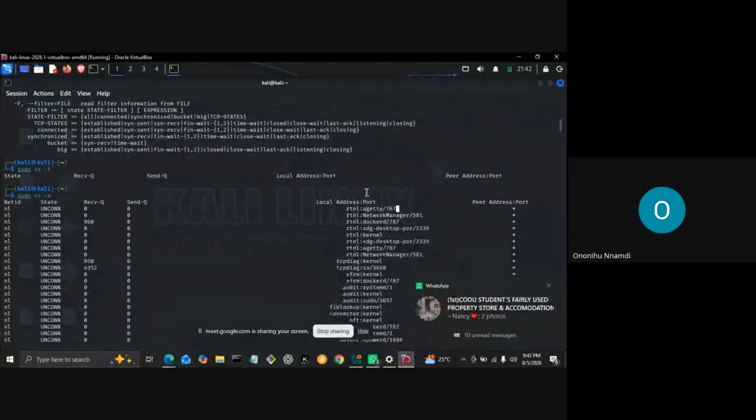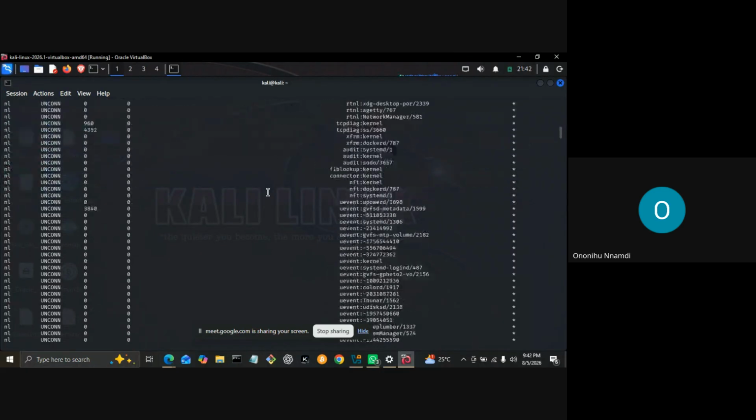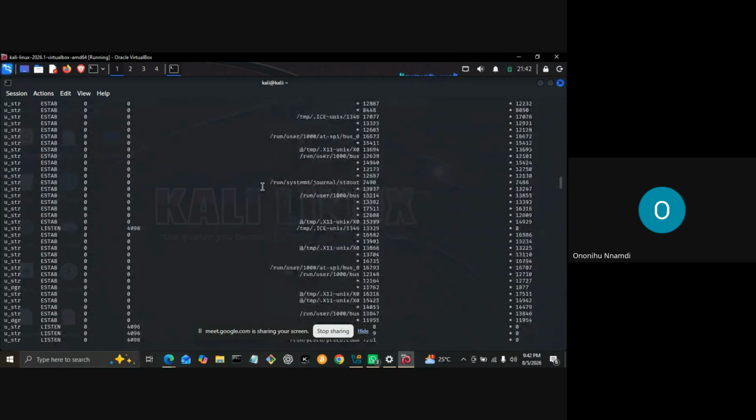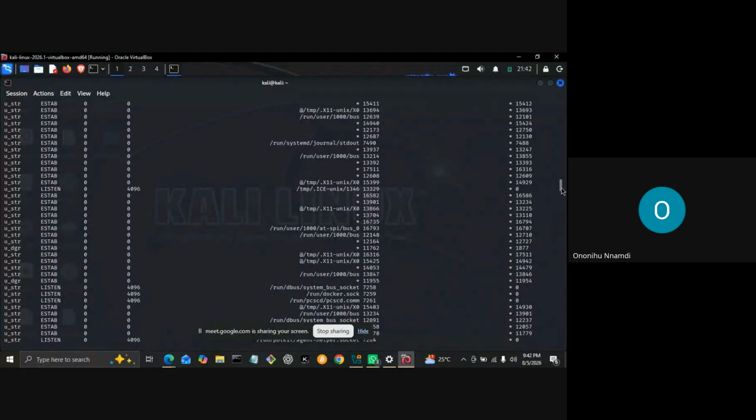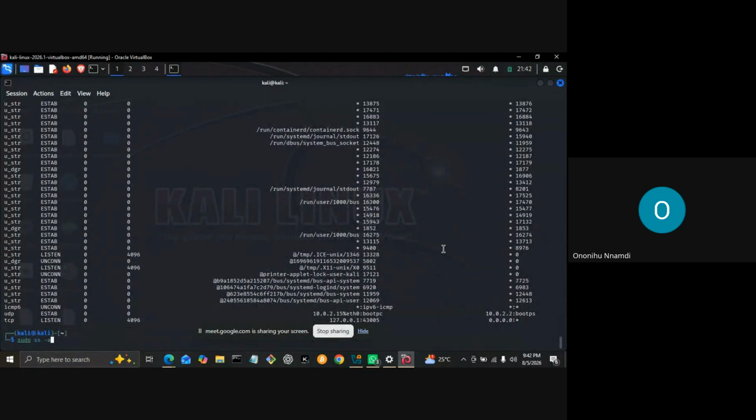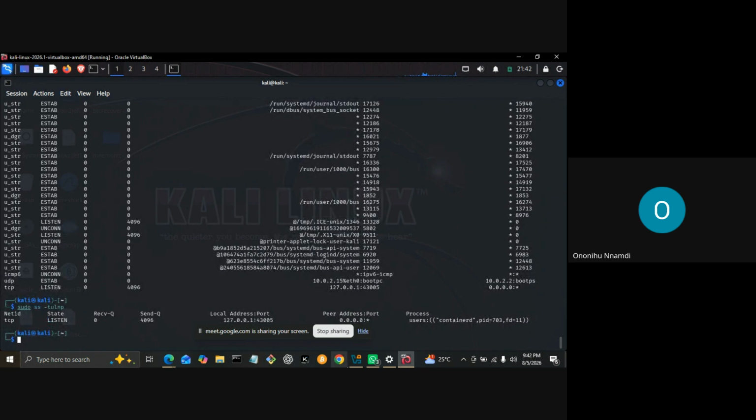SS is not used for network analysis. It only shows you what is going on. When you see what is going on, then you can analyze it with other tools like Wireshark and TCP dump. But in this field, the one you will always use the most is this command, TULNP. Yeah, this is it. This shows you TCP ports, UDP ports, listening ports, numeric, and processes. So when I enter this, you're going to see